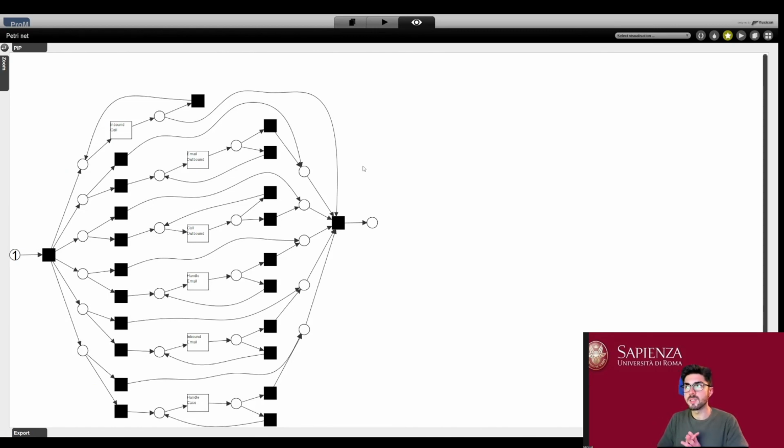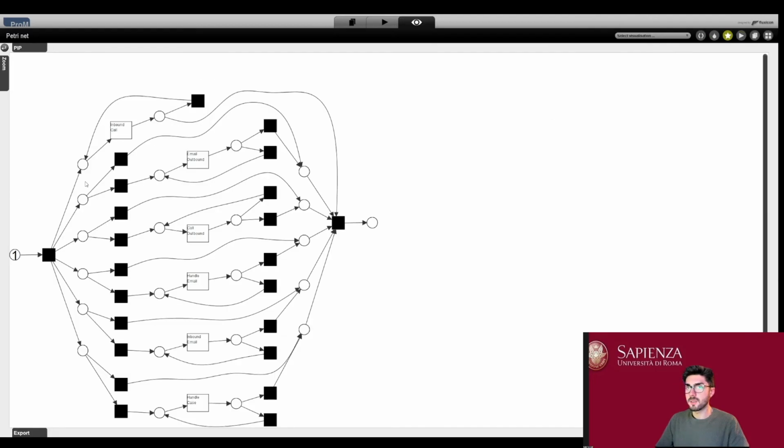Consider that all these files are already produced on my PC, but when you do that for the first time, it could take a bit of time to produce these files. And here, this Petri net can be already explored.